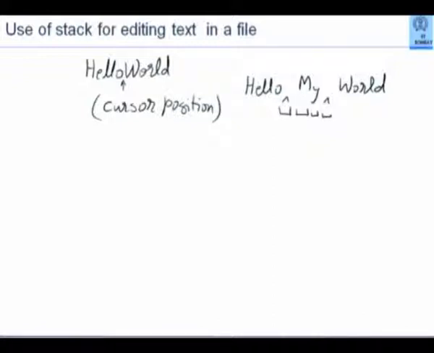I want a similar operation, but in a command driven fashion. So essentially I want to be able to say insert something, delete something, or move the cursor to this position. Okay. I can do all of this using an array to store all my characters. What happens when I have to insert? I will have to keep shifting first all the existing characters in that array downwards and then insert these new characters. And I will have to keep track that while shifting downwards, the array limit is not reached.